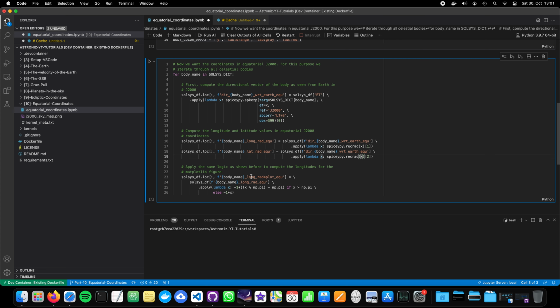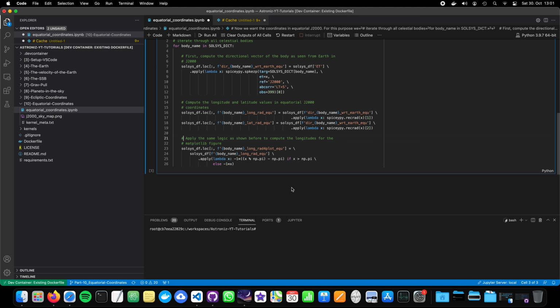And then for Matplotlib, as you may also recall, we have to do some processing of the longitude values because the geographic projection as implemented in Matplotlib does not help us for our astronomical coordinate systems. So we had to play around a little bit. If you want a small deep dive into this equation here, I recommend the video from last time. Now you could say, okay, wow, cool. So we can now simply plot everything and we are done. But